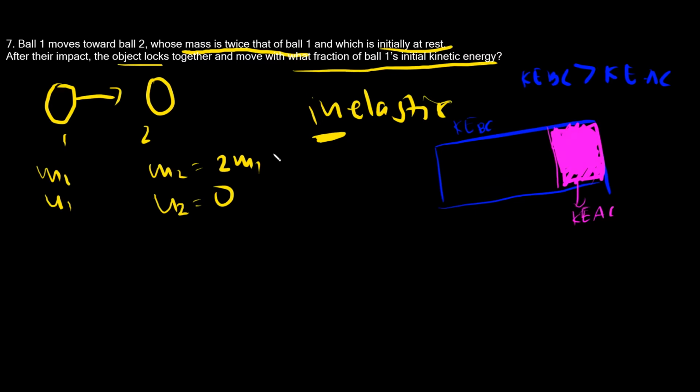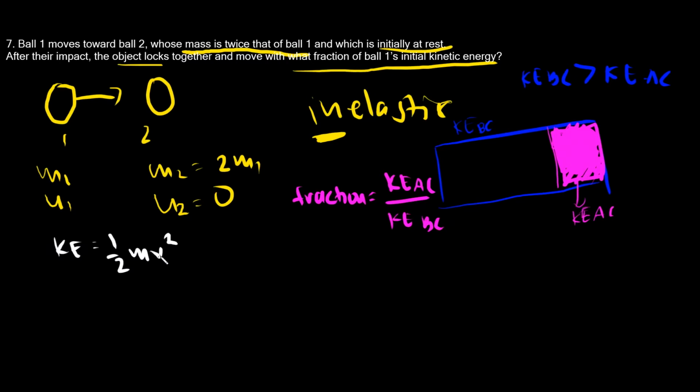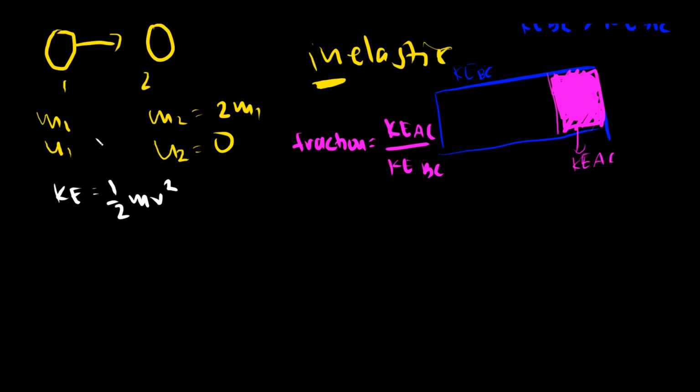So to get that, to get the fraction of that, just divide the kinetic energy after collision by the kinetic energy before the collision. Okay? Take note, the formula of kinetic energy is 1/2 mv squared. So therefore, kailangan nato makuha ang final velocity after collision to solve for the kinetic energy after collision. Okay? So,